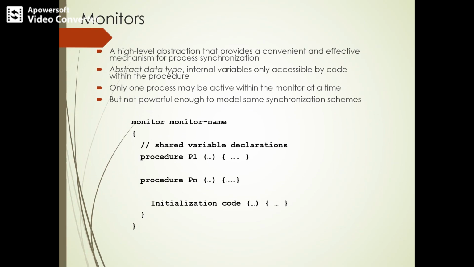So let's see the next concept, that is about monitors. So what is a monitor? Basically a monitor is an object which contains data and procedures needed to perform the allocation of a shared resource. You can see what the structure of a monitor is. First we have the keyword monitor, followed by the monitor name that we can mention, and a list of procedures. So it contains data as well as procedures needed in order to perform the allocation of a shared resource.